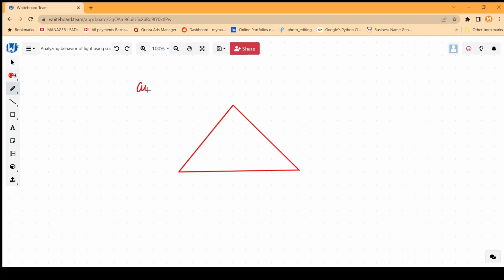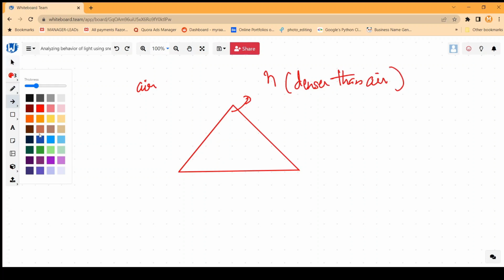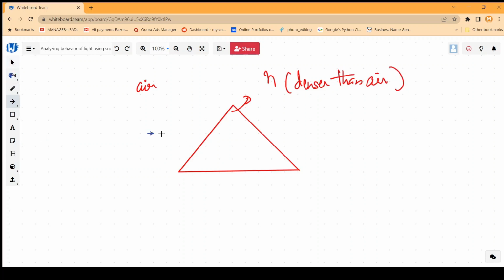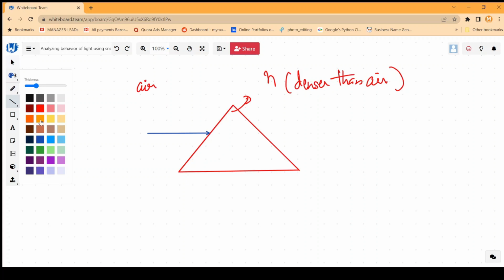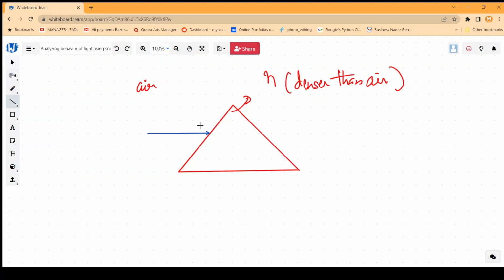So here it's made of glass with a refractive index n, so it is denser than air. Right? Now we are going to put a light ray like this. So what will be our first step? The first step will be to find the normal. We need to draw the normal perpendicular to the surface